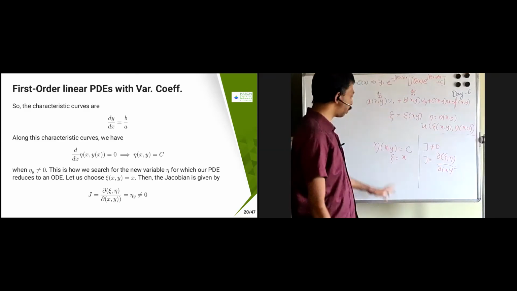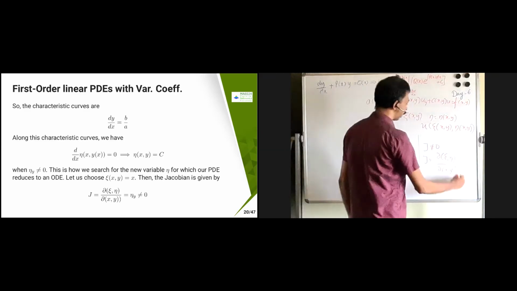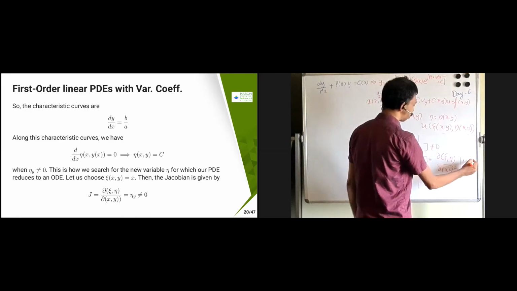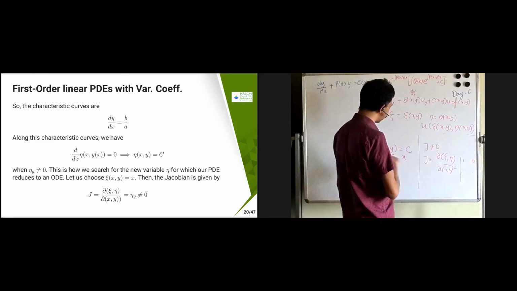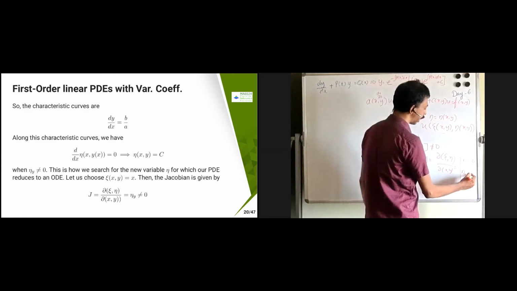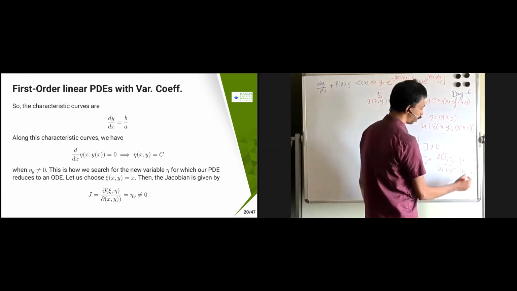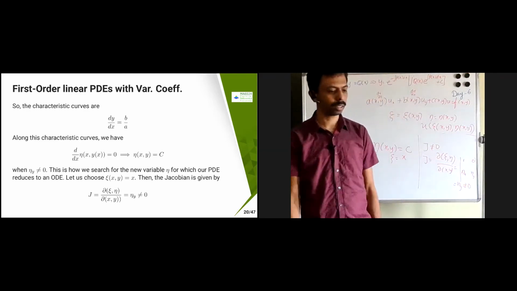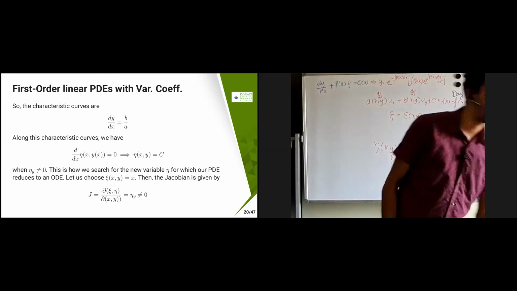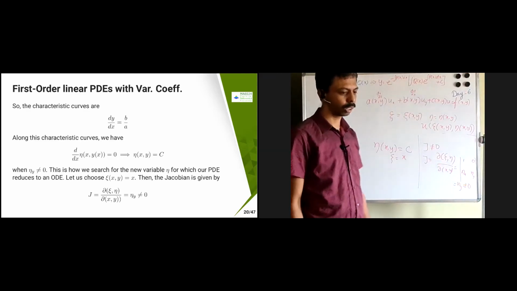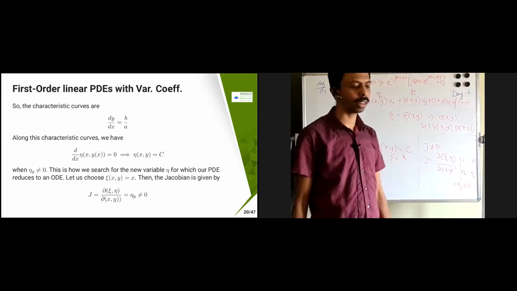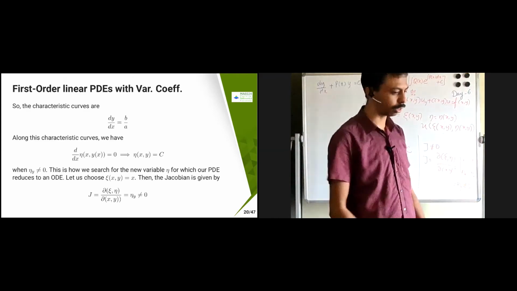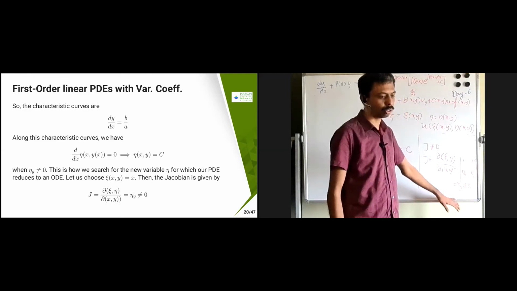So this is going to become chi x, chi y, eta x, eta y. Chi x is 1, chi y is 0, because I have chosen chi equal to x. Then eta x, eta y will be there. So this determinant is nothing but eta y, which is not equal to 0. If this is valid, then you can find that, otherwise you cannot. If this becomes 0, you will not get a unique solution, or you will not get existence either. We will prove that in the existence and uniqueness. So this is one of the things: this J should be not equal to 0.